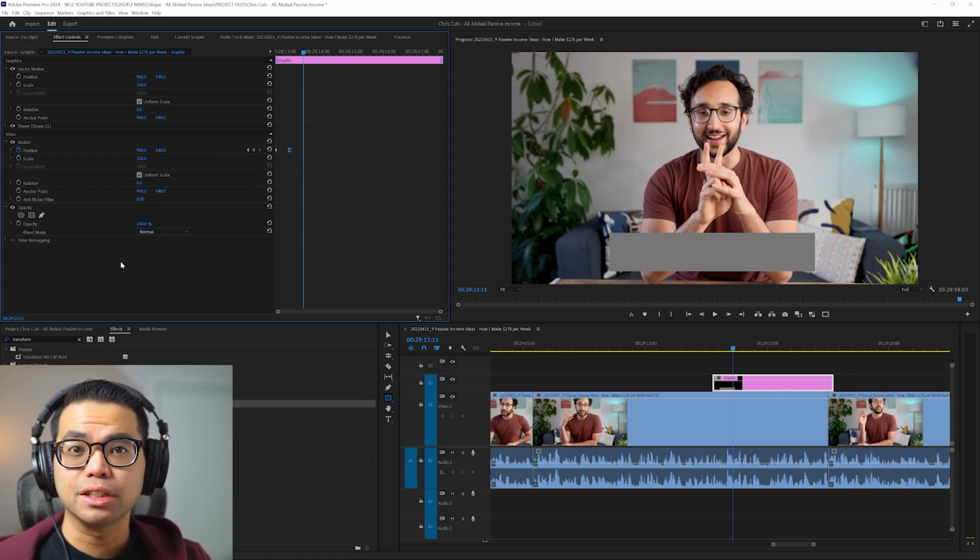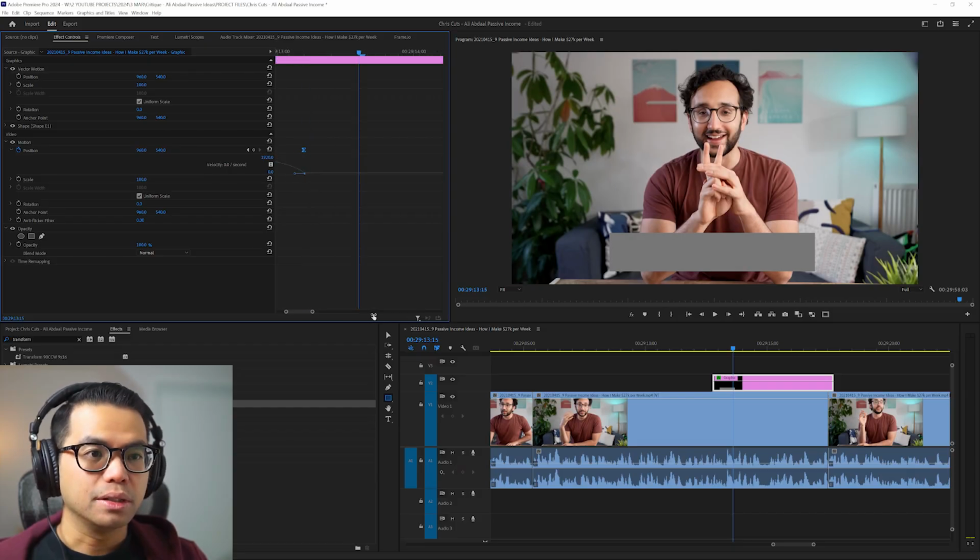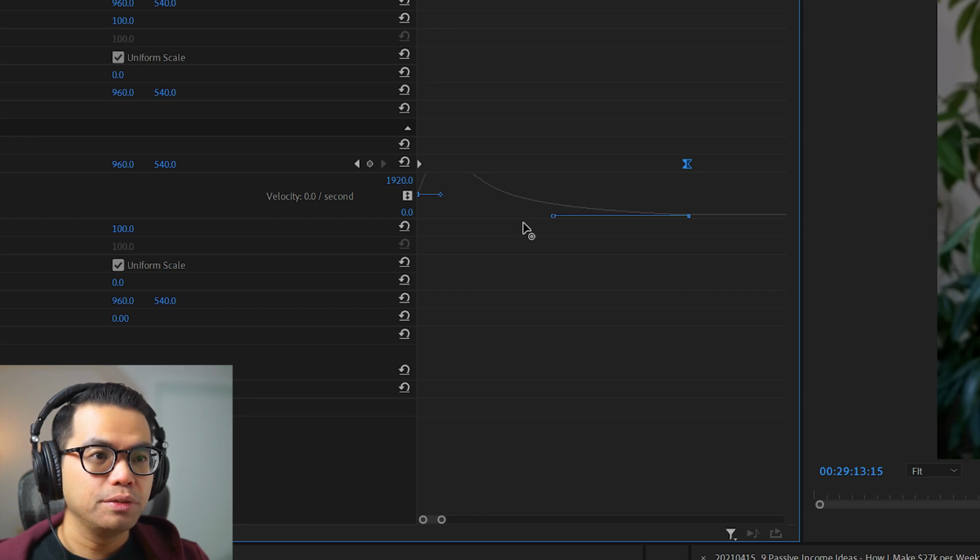What you really need to do to smoothen out that animation is go into the velocity curve. So if you go over here to the motion tab, go into your animation keyframes and twirl down this twirly. I think it's actually called the twirly. I don't know. There's a little triangle here, and it will show the velocity curve. So the way that the velocity curve works is that the steeper the curve is, the faster the movement will be. So if I go into here, and if I were to move the handles here, because you could see that, can I even make this bigger? Yeah, I can make that bigger.